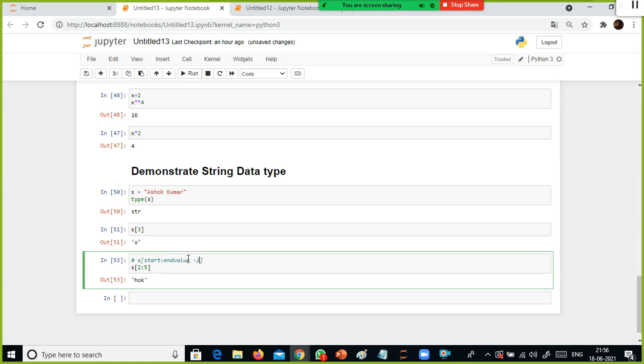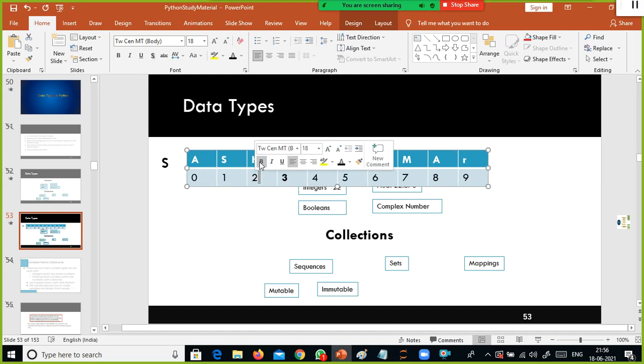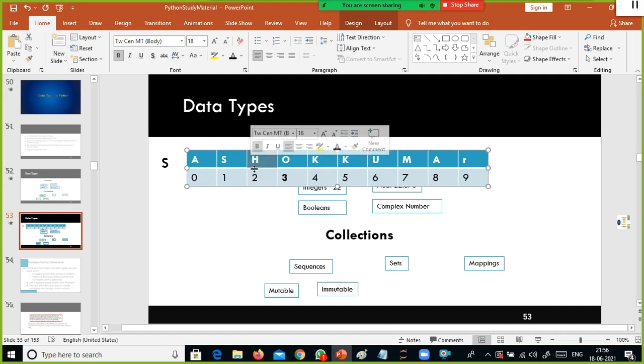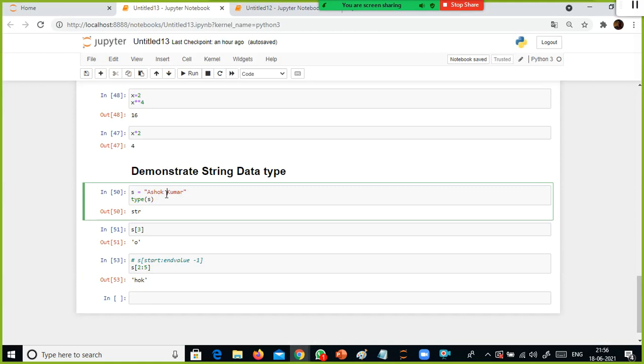So what happens is, when it comes to Python, though you specify the range of the values, it starts from the second index value, 0, 1, 2, where H is stored. Select H till 0, 1, 2, 3, 4, 5, the blank space.